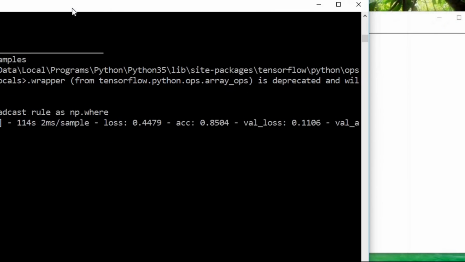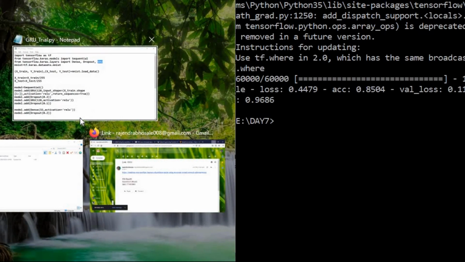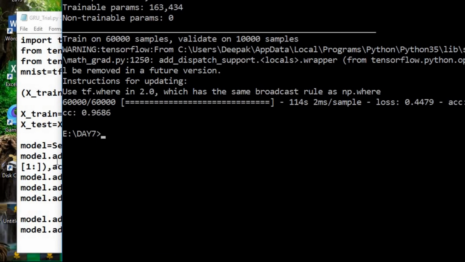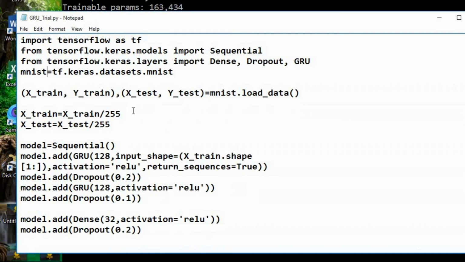Within 5 to 10 seconds it will print the results. So here we get validation loss and 0.96. So it was 0.95 in case of LSTM. Here it is 0.96 for GRU.